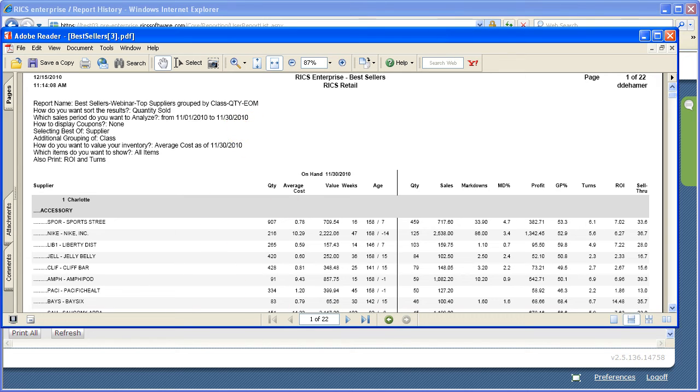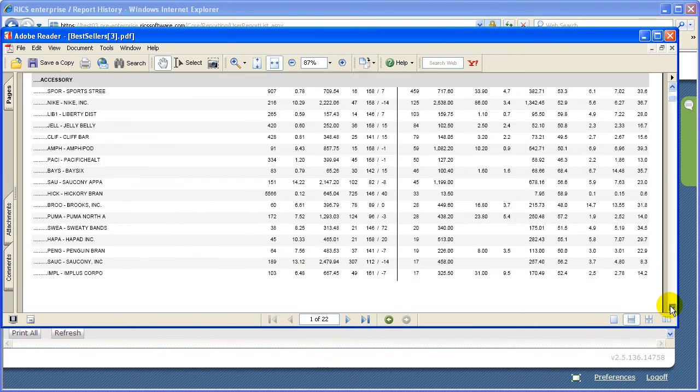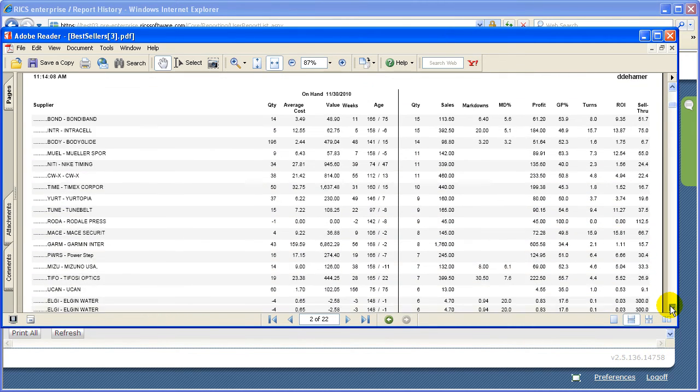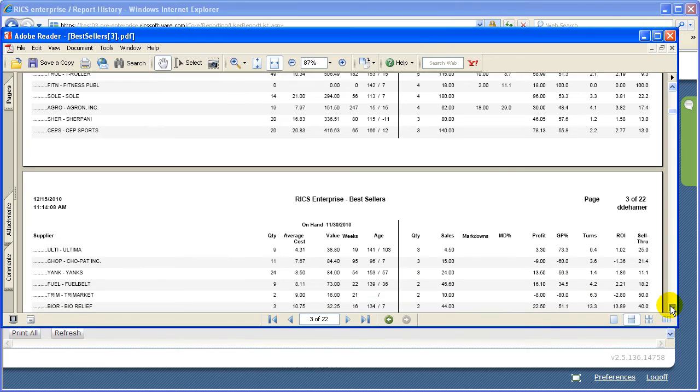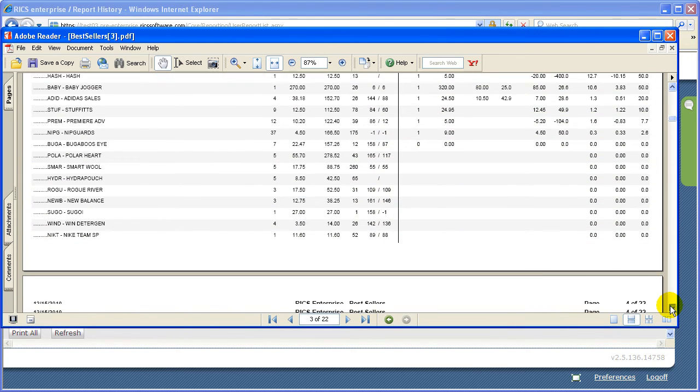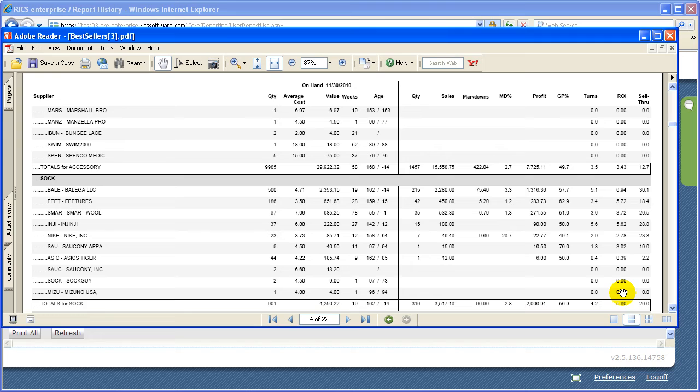So it's doing my top suppliers grouped by class. What it does is it lists the class and lists the top suppliers ranked within that class. And it's doing it by quantity on this report. So you'll see here's the class and here's the top quantity from top to bottom on the suppliers. And then it will move on to the next class and then all of those suppliers associated with that class. See here, it moves to the sock class and then any supplier that's associated with socks and ranks them by